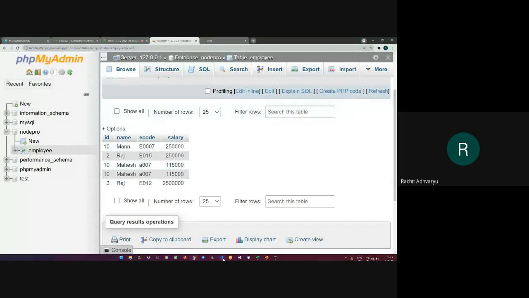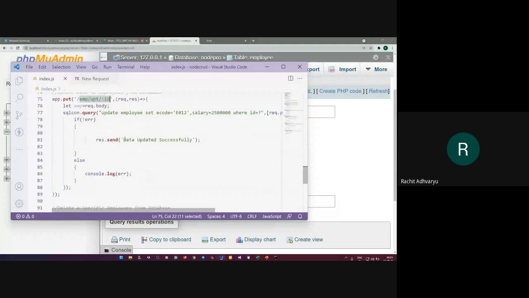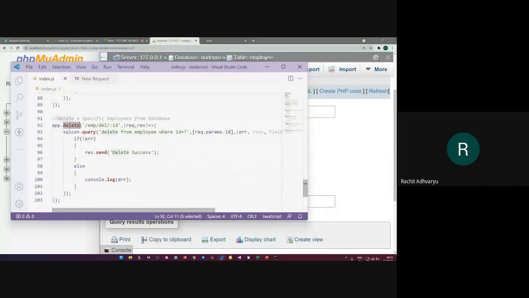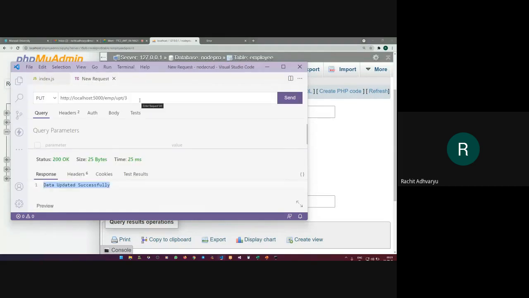And similarly for delete command, we are going to use the delete method. And similarly, I am going to pass the ID. I'll write down the delete query. And similarly, if the delete operation has been made properly, then I'll write down delete success message. Otherwise, the error message. So let's go to this. I'll delete the same thing.